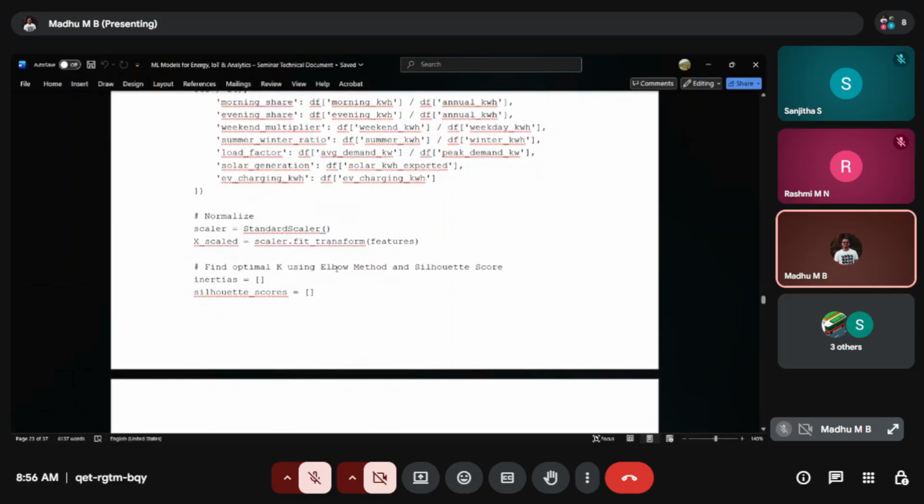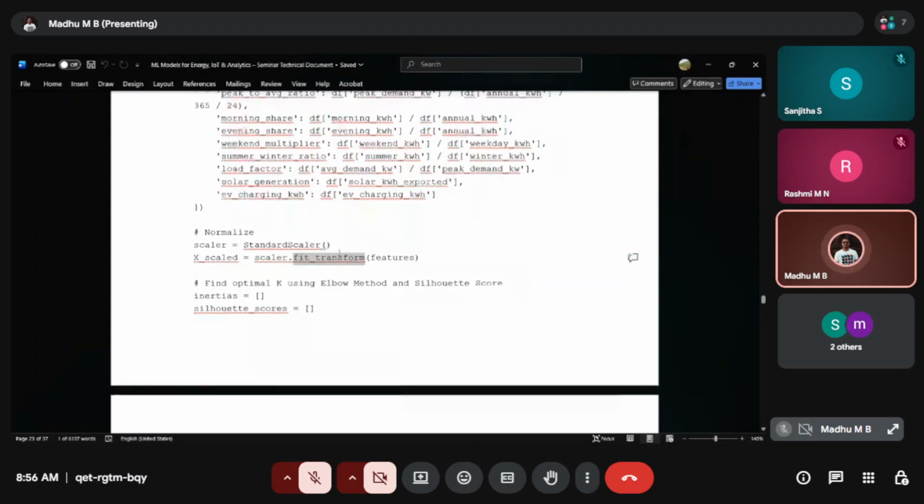Now let's do some cleaning of the data. What I am trying to do is normalize the data. Okay, I am using the libraries, and I'm trying to fit. This is one of the transformation library code. When you see the scaler here, I'm pulling this library and taking some action on the features.